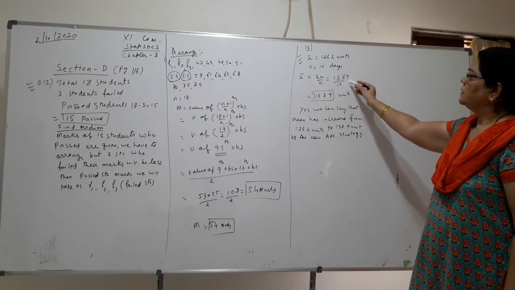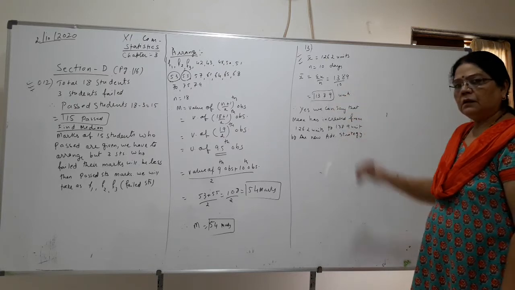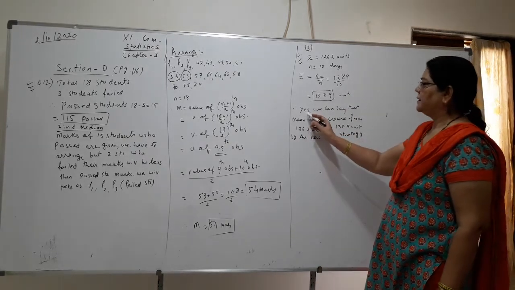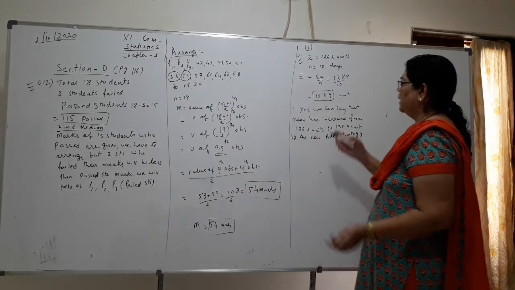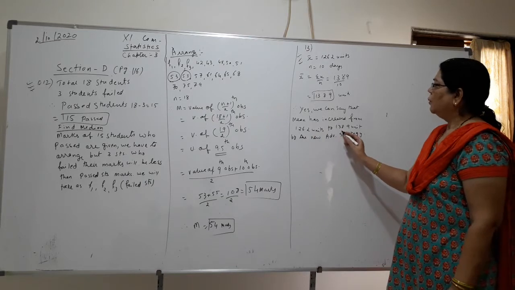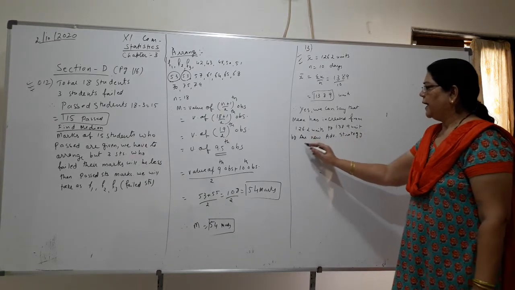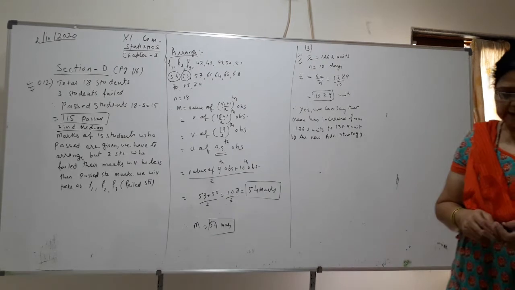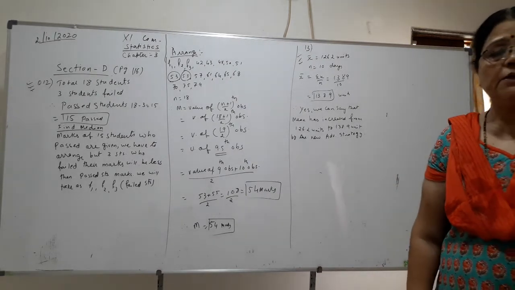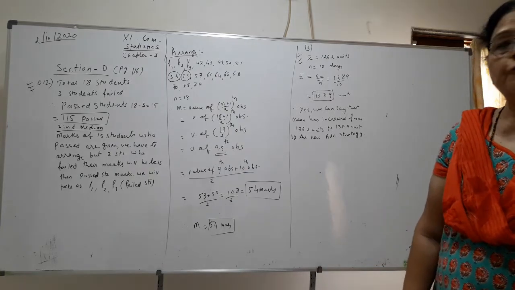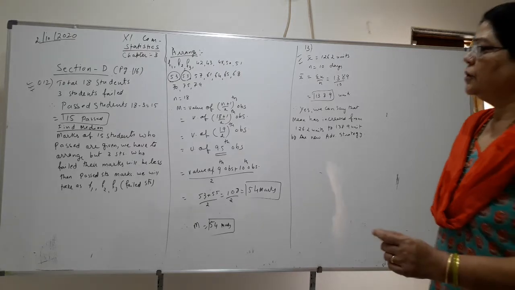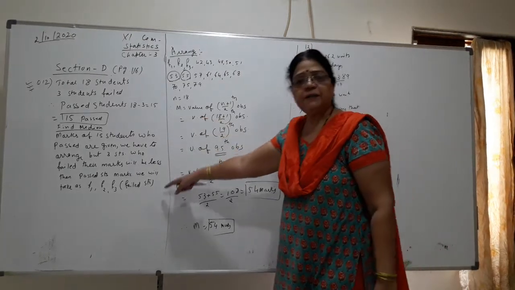1389 upon 10. So 1 decimal point, 138.9 units. So therefore yes, we can say that the mean has been increased from 126.2 to 138.9 units by the new advertisement strategy. So when you have adopted new advertisement strategy, your sales has been increased. You have to find mean, and simple, they have asked only to find the mean. So one question of pass and fail students, it is important.